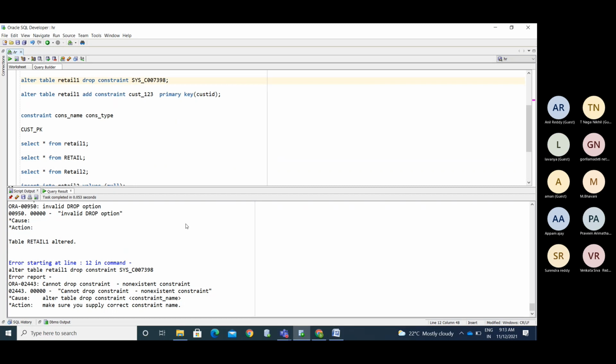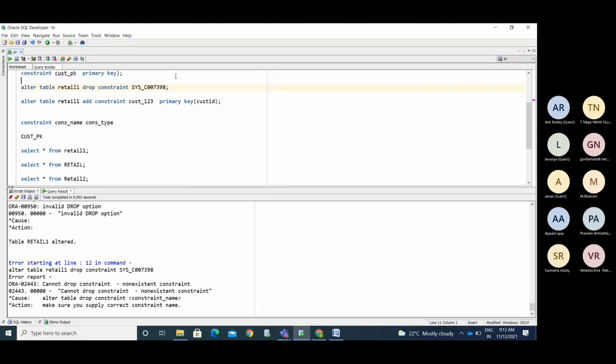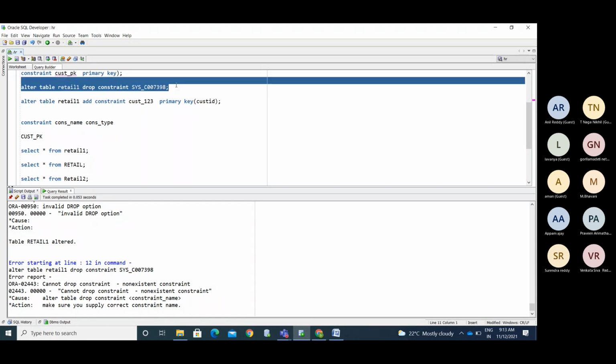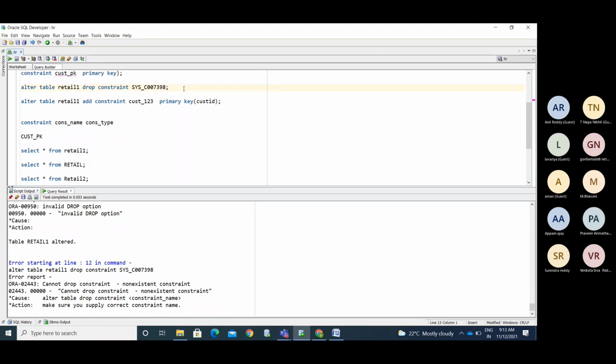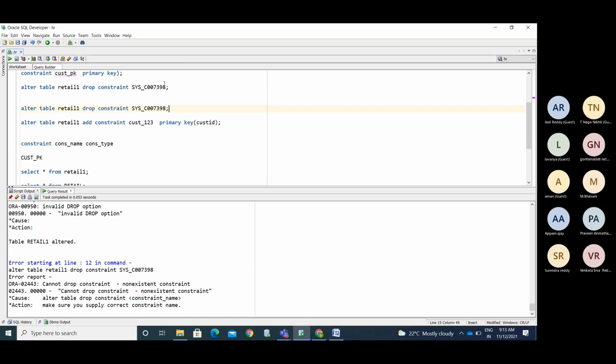While dropping the constraint, non-existing constraints cannot be dropped. For this, you need to make it null.